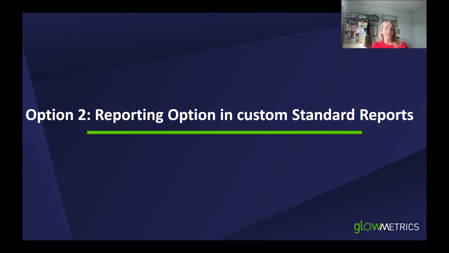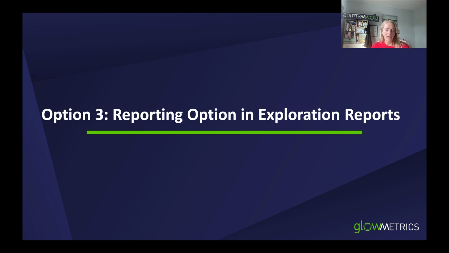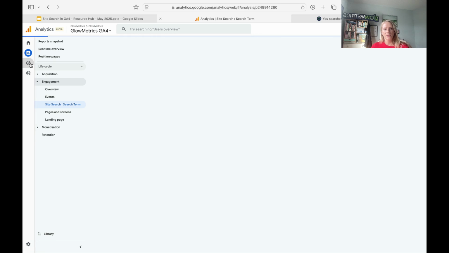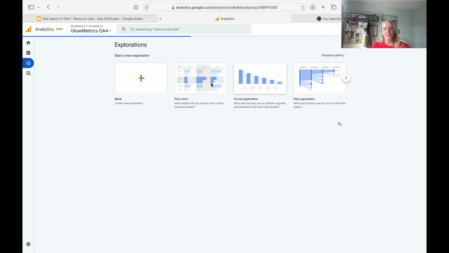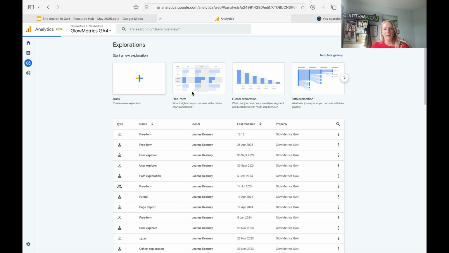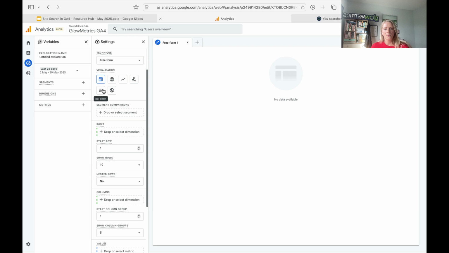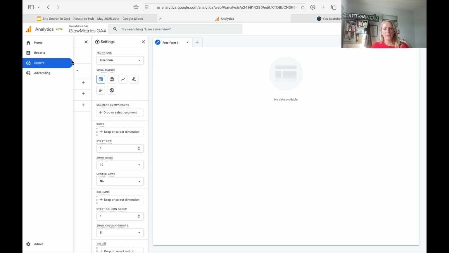We've looked at building out a custom report. Option 3 now is looking at building out an exploration report. Okay, so let's go back in, and this time we're going to click to build out an exploration report. And essentially what we're going to do here is create a blank exploration. And we are going to build out one that is freeform